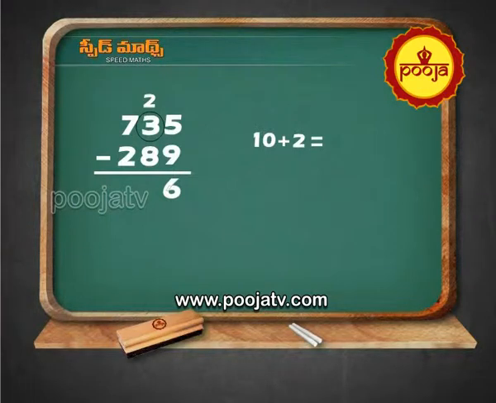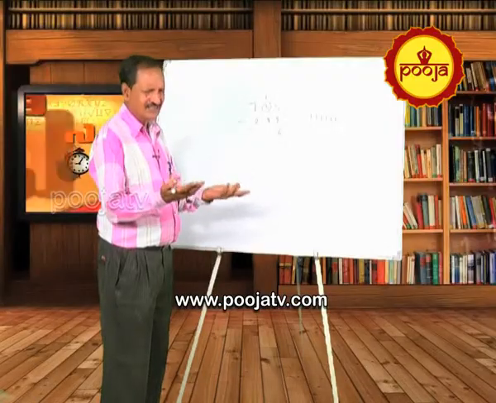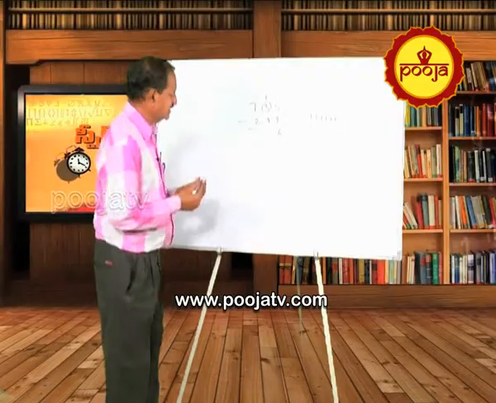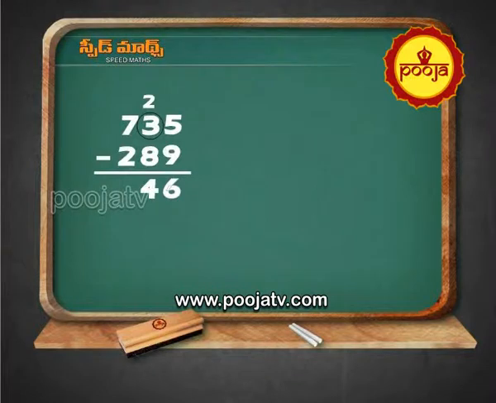Again same problem. You cannot subtract 8 from 2. So again you have to borrow 10 from the left side. So this 10 plus 2, 12. Again 12 fingers 8, like that. But I am telling you 10 plus 2, 12. 12 minus 8 is 4. Let us assume you know that.